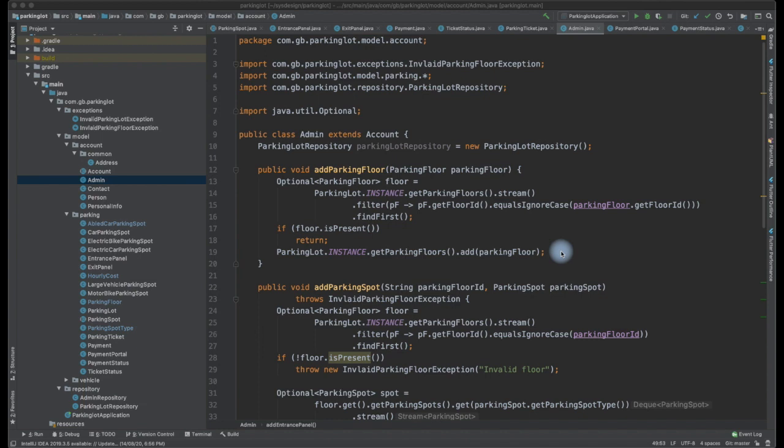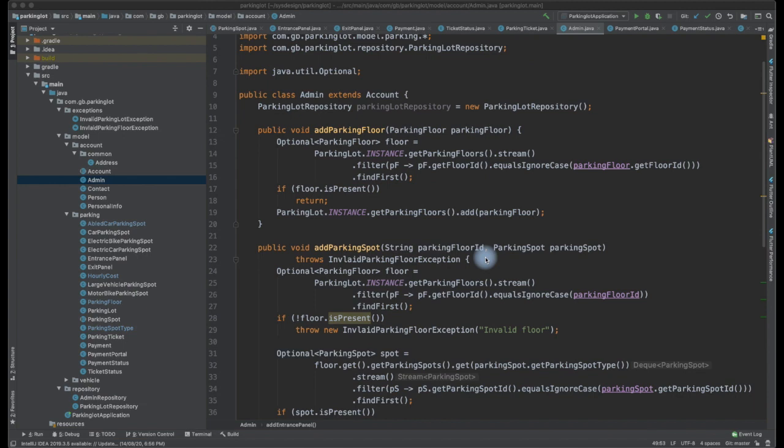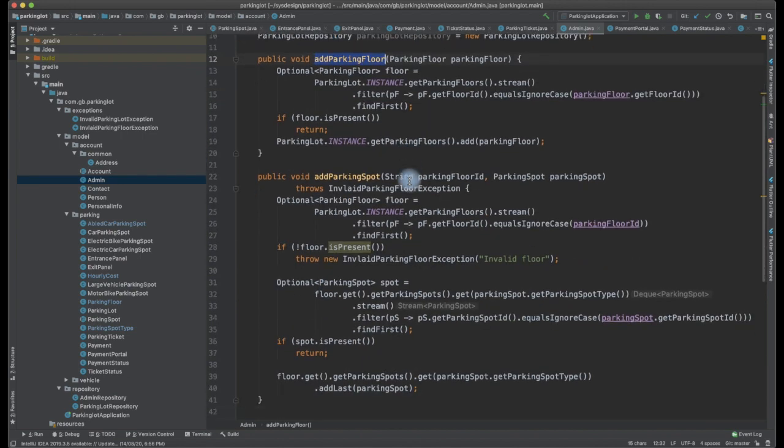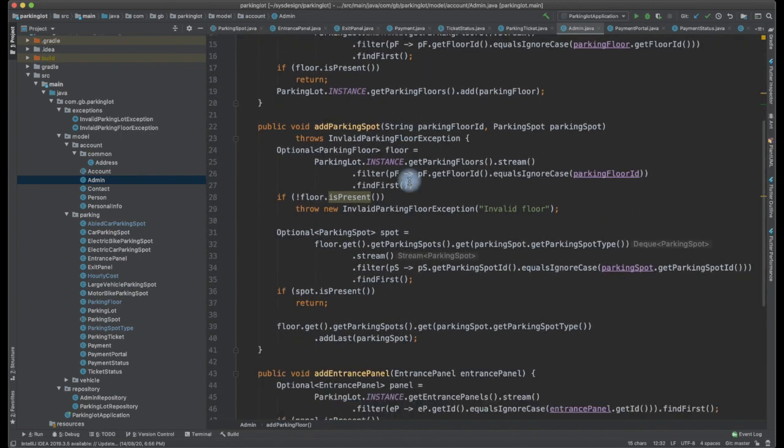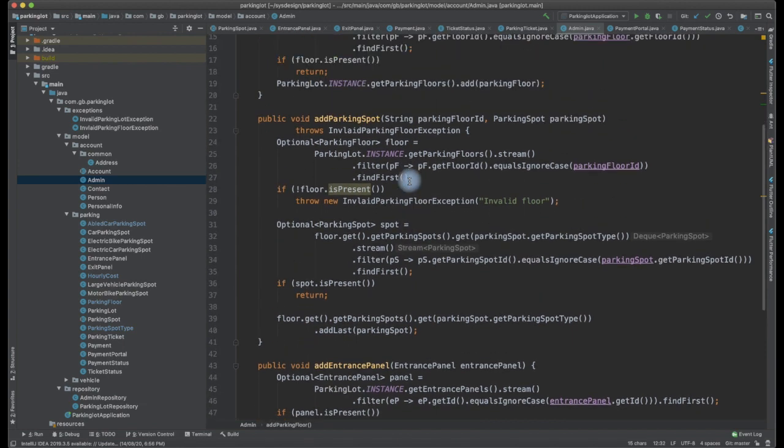So we are going to look into the methods that work as part of the user flow. An admin should be able to add a parking floor, given the requirement. We will initialize the parking floor and then add it. First let us look into the methods, and then we will walk through the logic one by one.